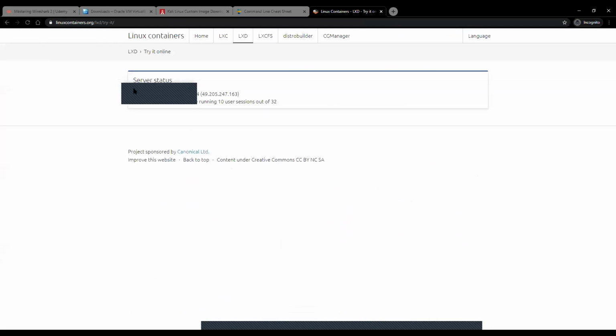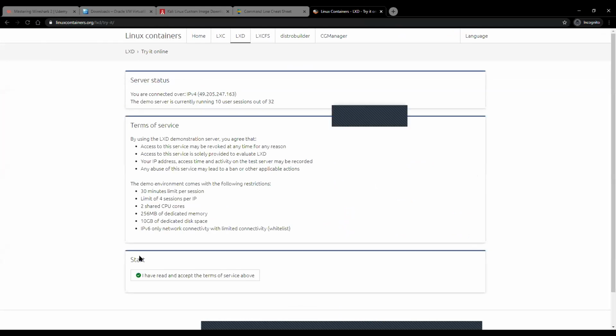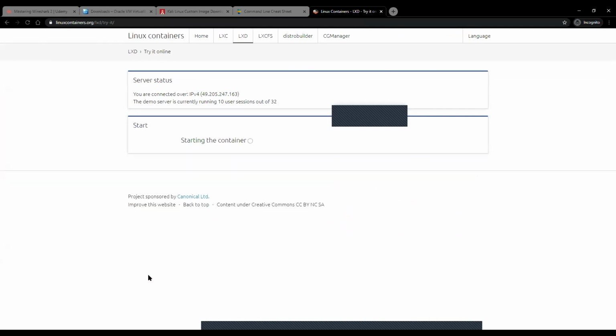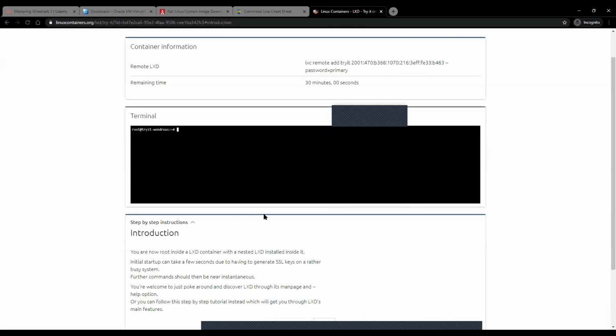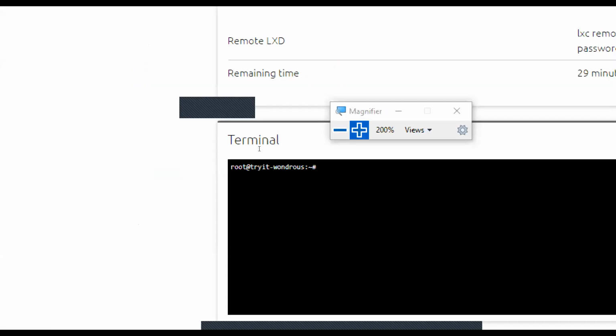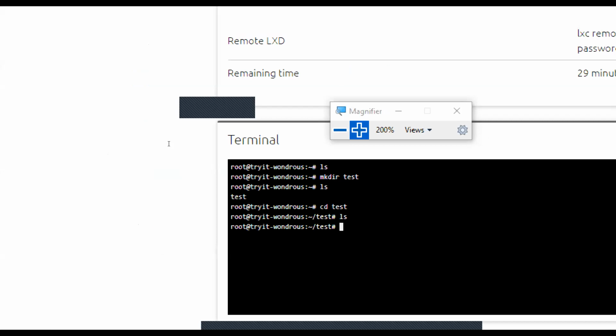Once you go with the try it option, you have start at the bottom. So click on start. It will start the Linux container over here, and you have a Linux container. So simply go with ls, mkdir test, and ls. Now you are able to create directories, you are able to navigate through directories. So basically you can do whatever you want over here.